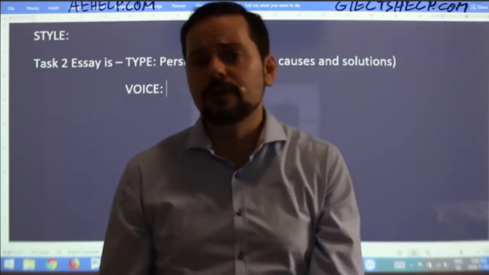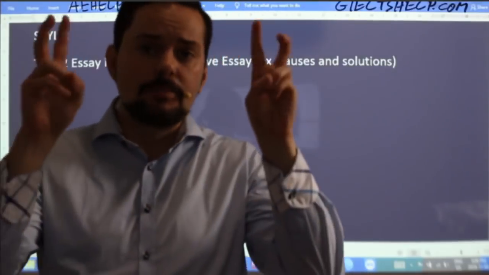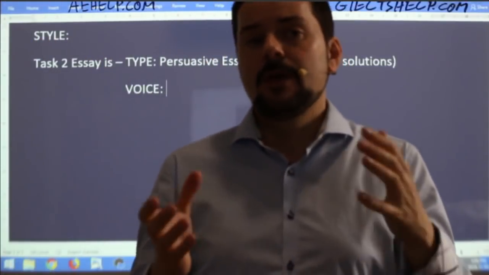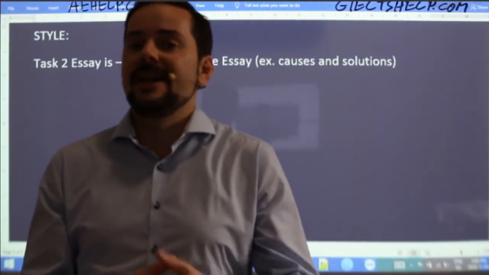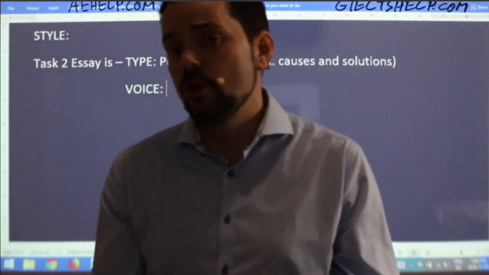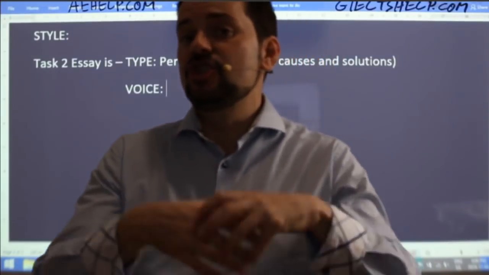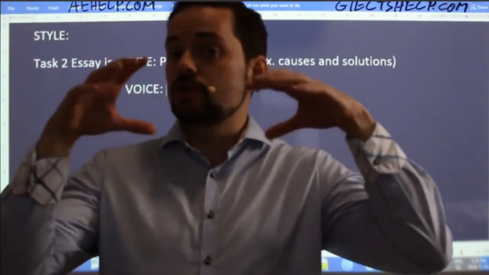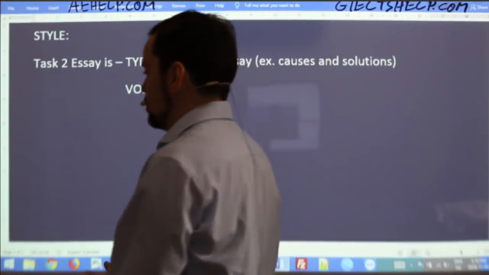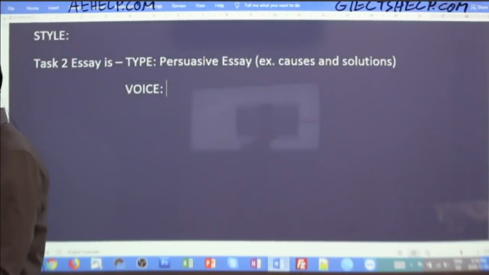And then there's a third person voice, which is the objective voice. It means the true voice that is not biased. So the voice that has no I, no you, it speaks generally to the reader and tells a general truth about information. Now, the voice in your task 2 is usually,